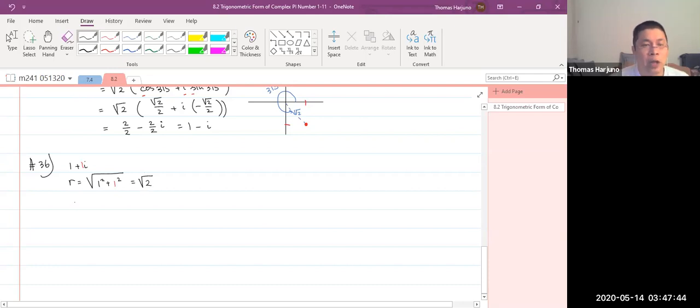Now, how about the argument, the angle? We can get the value. That's this point here, (1, 1), in quadrant 1, right? 1 plus i is in quadrant 1. Are you with me? So that's equivalent to tangent inverse of the y over the x. Tangent inverse of 1 is 45 degrees,